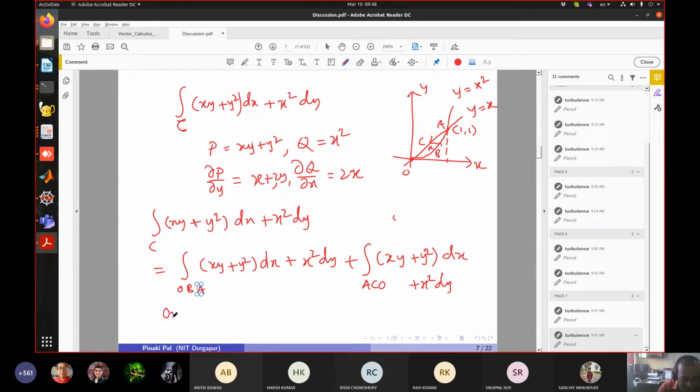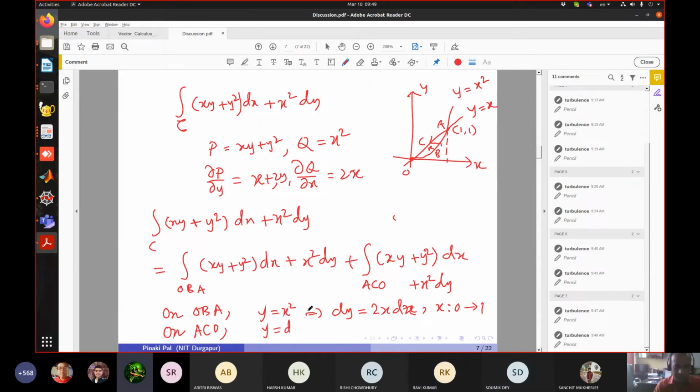On OBA, y is related to x by this formula, y equal to x square. Therefore dy can be changed to 2x dx. Along this curve we have this simplification, and x ranges from 0 to 1. And on the other curve AO, y equal to x,